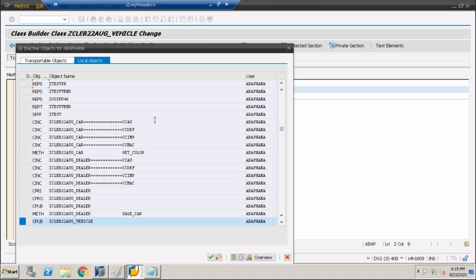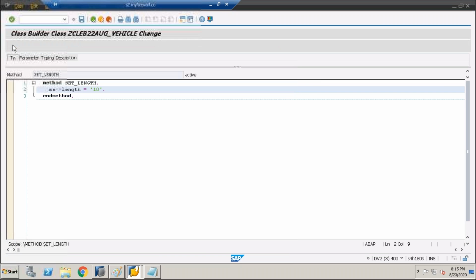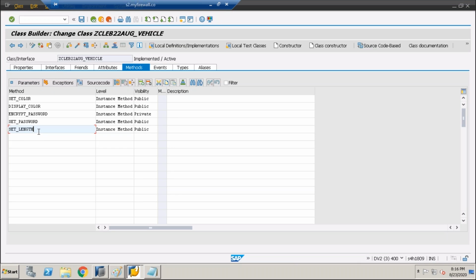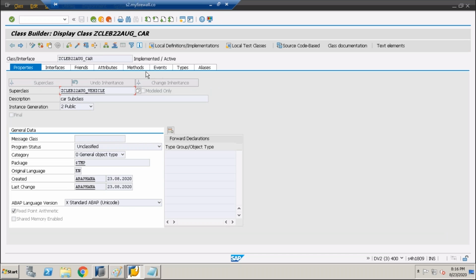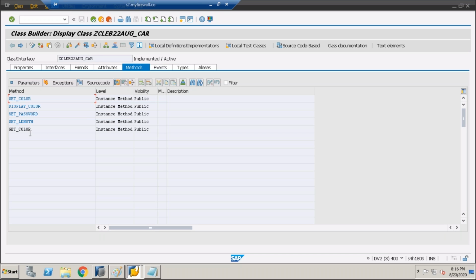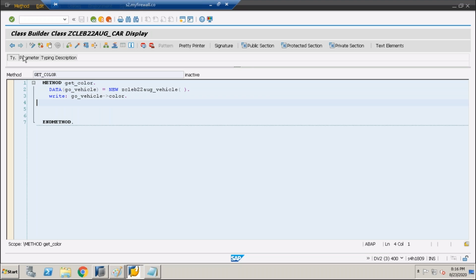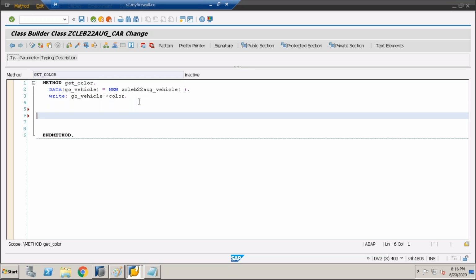Now activate this one, go back, and go to this method, set length. We have created one method, set length. You can see that it's here, and in this get color you can come, and if you want to access this one here, you can call that particular method. So go, underscore vehicle, control space,